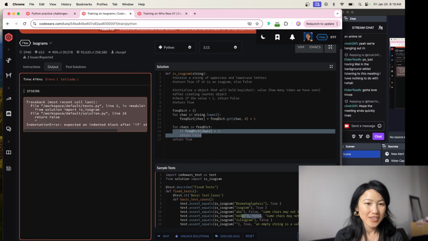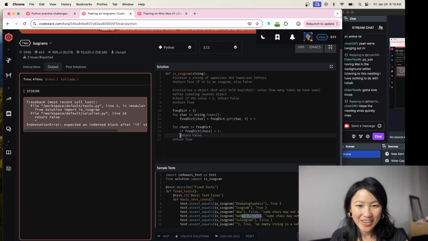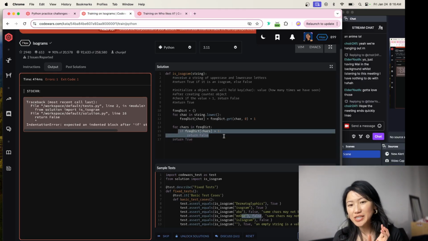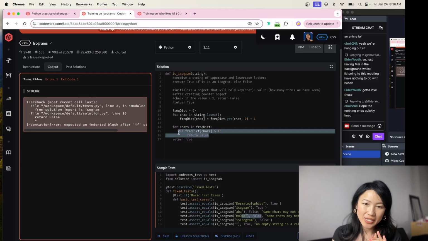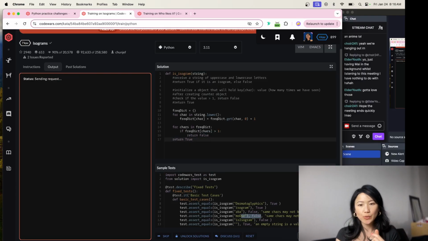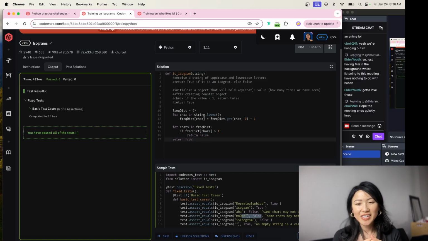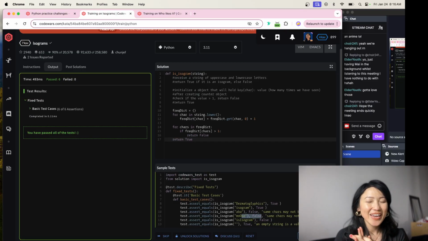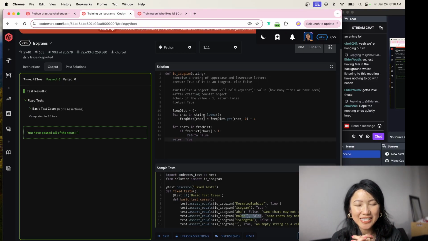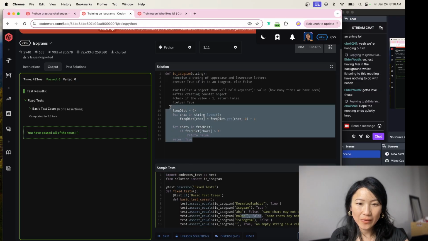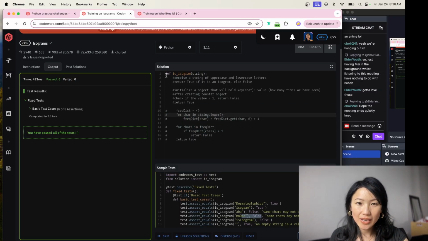Oh, okay, that's right, because this should be indented. So after everything has been checked, if it doesn't meet this condition, then it should return true. Okay, yay, it did work. My only thought is, can I simplify it somehow? Is there a method? I know that with Python, you can import